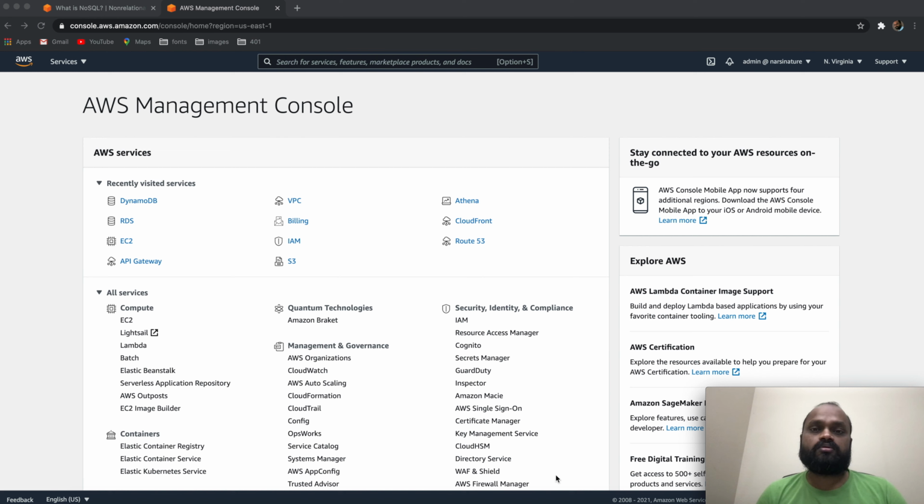So what is a NoSQL database? So far in our previous videos, we were talking about RDS and the different types of databases. Likewise, NoSQL is one of the databases. RDS is purely relational in nature, that's what it stands for, Relational Database Service. So what does that mean? Every table's data is connected to the other tables by means of foreign keys,